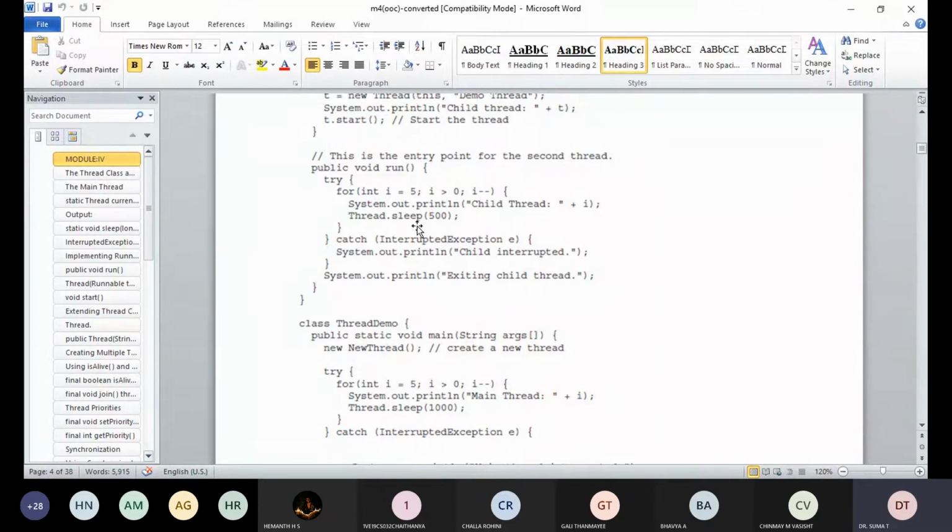Now the sleep: we are asking the thread to pause for 500 milliseconds. The catch block is going to accept the exception if the child thread is interrupted, and it is going to send a message that the child is interrupted.